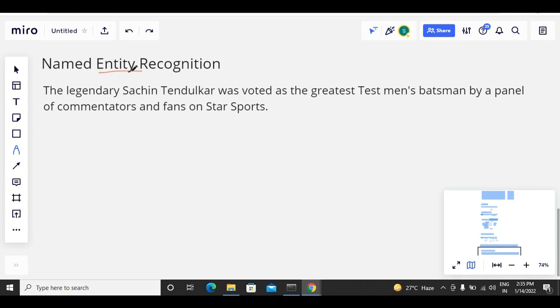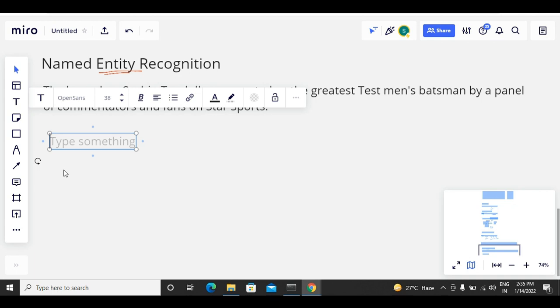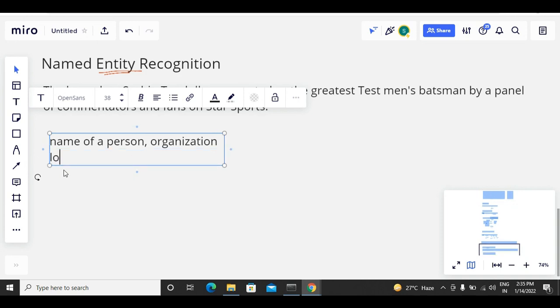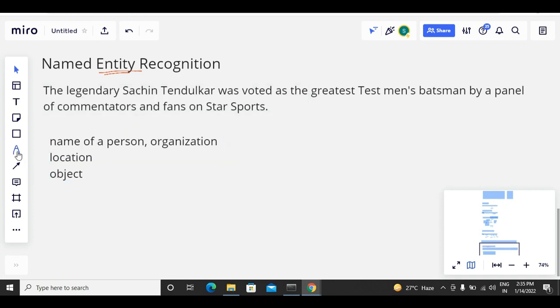Now, what exactly is an entity? An entity can be a piece of information which represents the name of a person or the name of an organization, some location like a city or a country or a state, some object. Okay, these pieces of information are known as entities, and named entity recognition is all about extracting these kinds